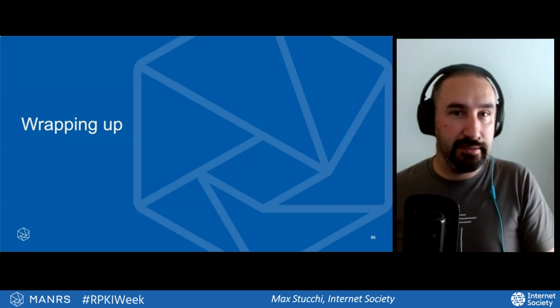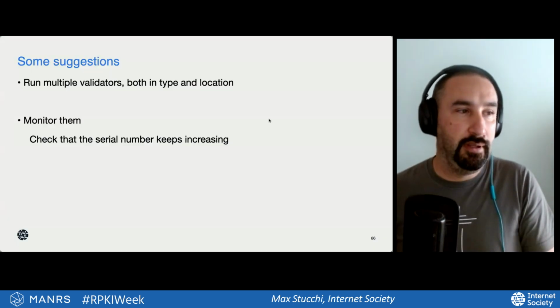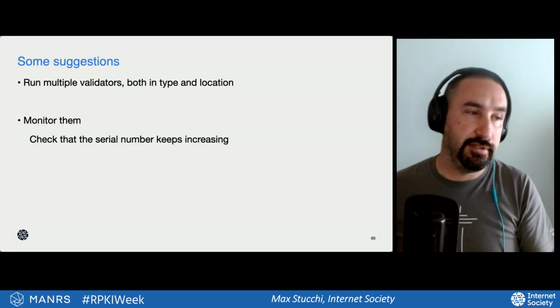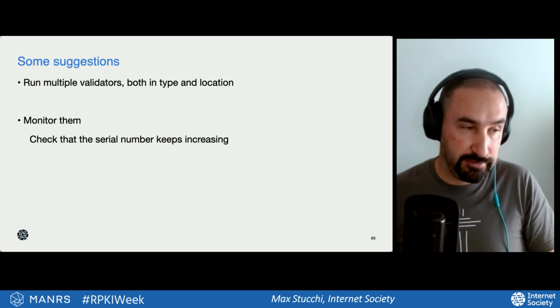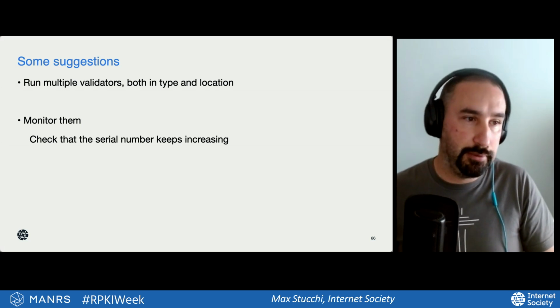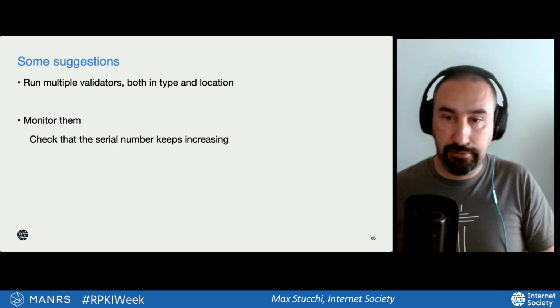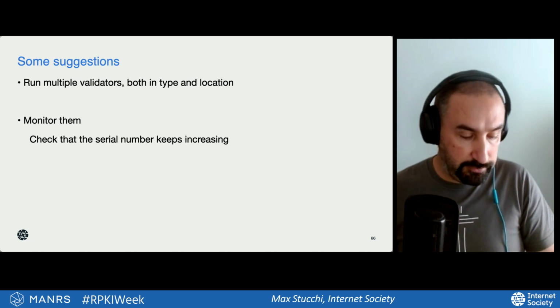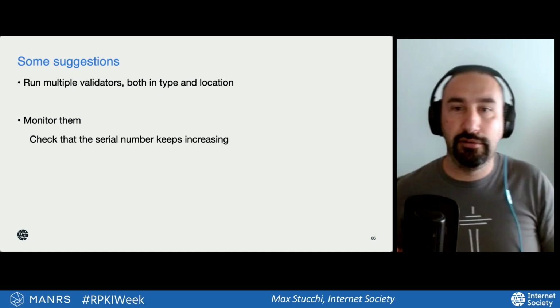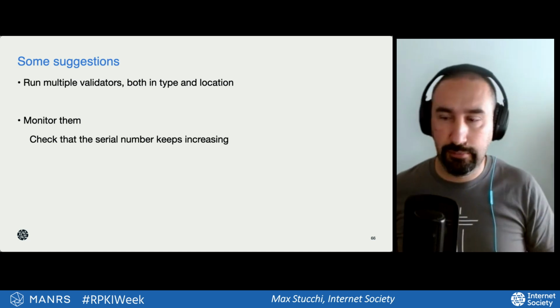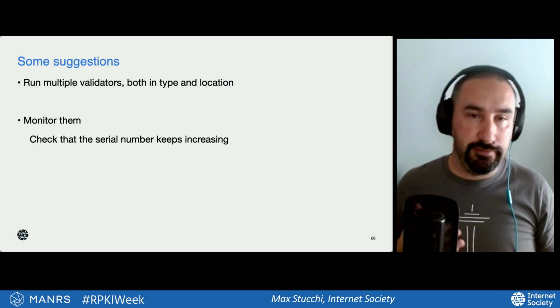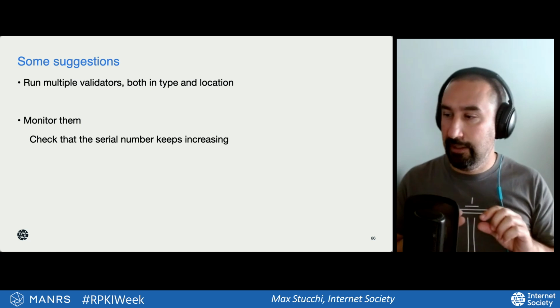We have the very last section with some suggestions. The suggestion is, and I've given it already, run multiple validators, both in type and location. I run a small network, and I don't run hardware routers, I run software routers. I run BERT on FreeBSD. And what I do is